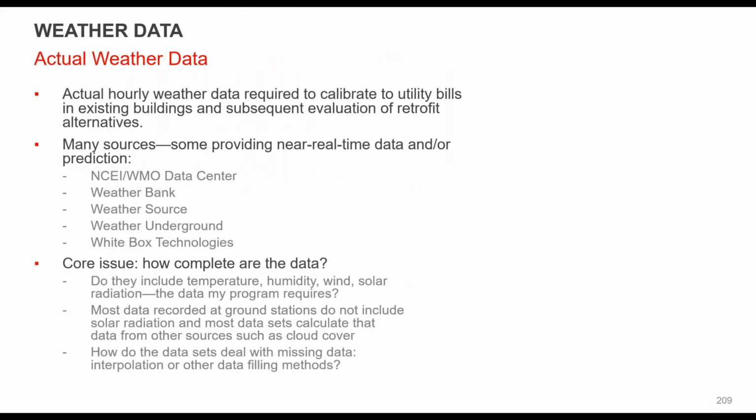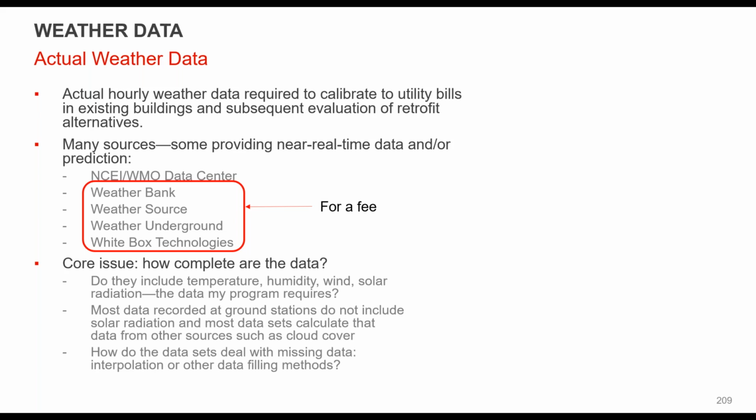The other thing, sometimes we need actual weather data. We need 2022 or 2021 or something like that. When we're trying to calibrate a model to utility bills, that means we have more accurate representation of what's going on outside. And so it'll allow you to look at that better than the typical TMY will do. There are lots of different sources for that. I mentioned NCEI, you can get that data, but there are other for-fee groups that will also provide you data for a particular location and a particular year.